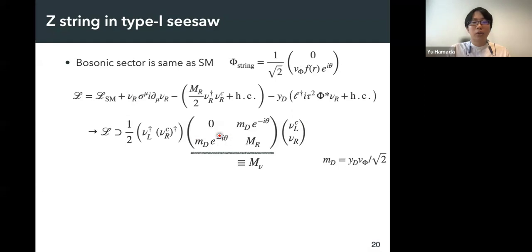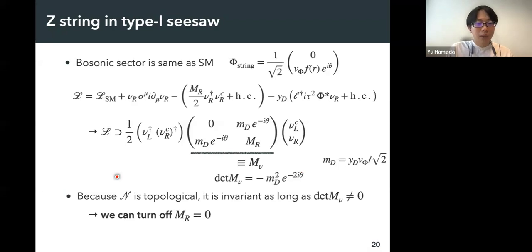this 2x2 mass matrix has one zero component here, and the other components are non-zero. This component corresponds to the left-handed Majorana mass, and this component corresponds to the right-handed Majorana mass. And in this case, this is zero. We also have a Dirac mass here between the left and the right neutrinos. And we can see that this determinant is given by this equation, because this product is zero, and we only have these directions, and this is given by this one.